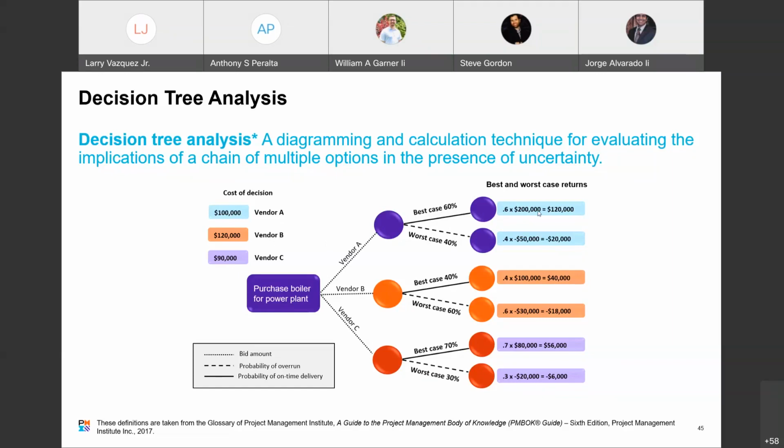Then they assign an impact value to that. The impact value is going to be something that would be delivered by our finance folks or some data point. It's nothing that's part of a formula of anything that you see here. Trust me, I looked. I couldn't figure out where they got these values from. 200,000, negative 50,000. I just know that it's a value determined by the folks that are evaluating this. So then you take your probability and your impact, and you end up with a value. This allows you to look at the best case and the worst case for every scenario, every vendor in this case, to make an informed decision.